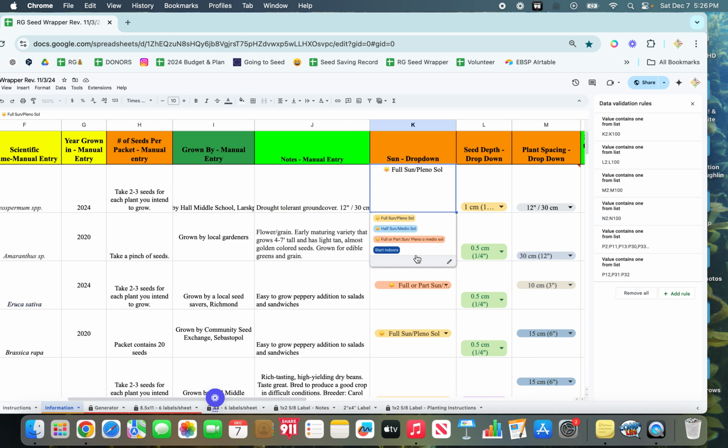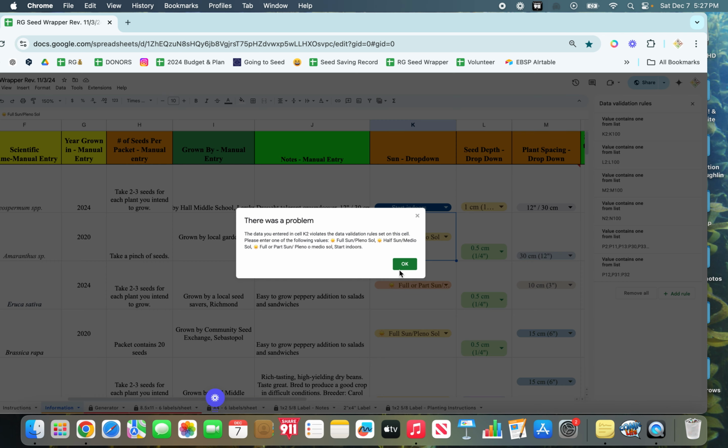Now, let's say, for example, I went in and selected this, but then I wanted to say, oh, but start indoors in February through March. I'm going to get an error message. If you see this error message, what needs to happen is you need to